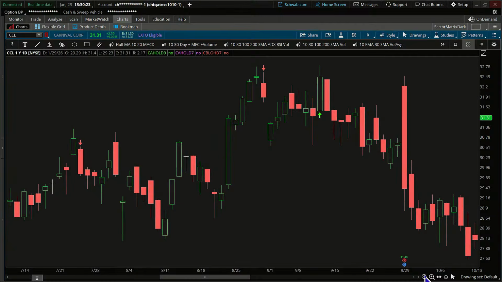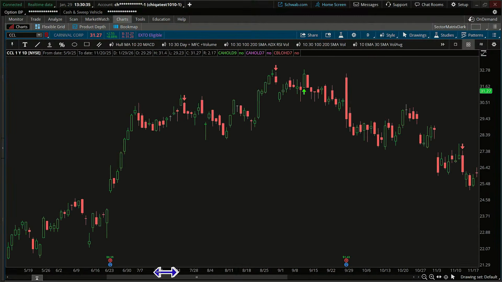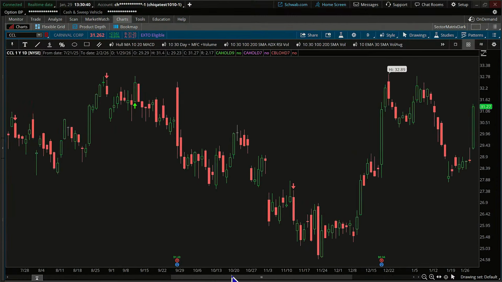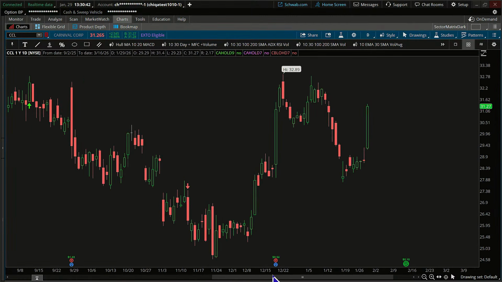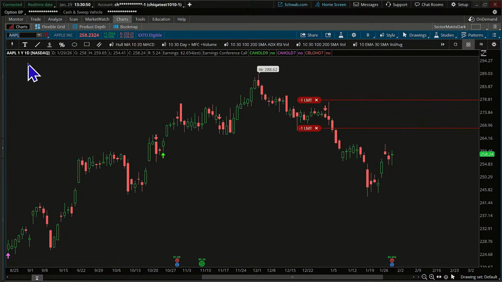Let me back up a little. Yeah, I actually like how that one turned out pretty good. Oh, that's a green arrow, not a red arrow. Let's see. Maybe that's the only red arrow we had generate on this one. No wonder I like it so well. It's the only one. Should we try another stock? Let's try Apple. I'm curious what it has.